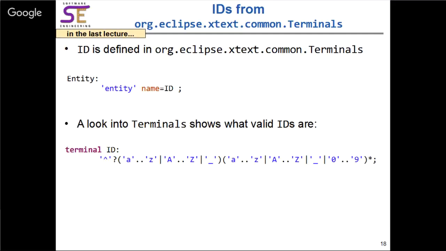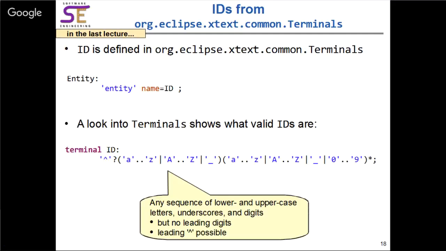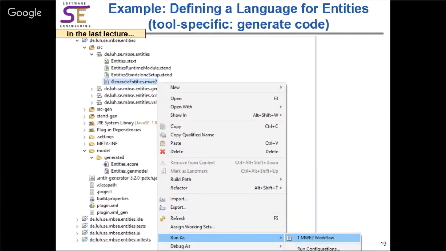So, once we have this very simple language definition or language grammar file set up, we can generate our editor from it. And just to illustrate how this works in Eclipse, here we have our grammar file. This is something .xtext, and